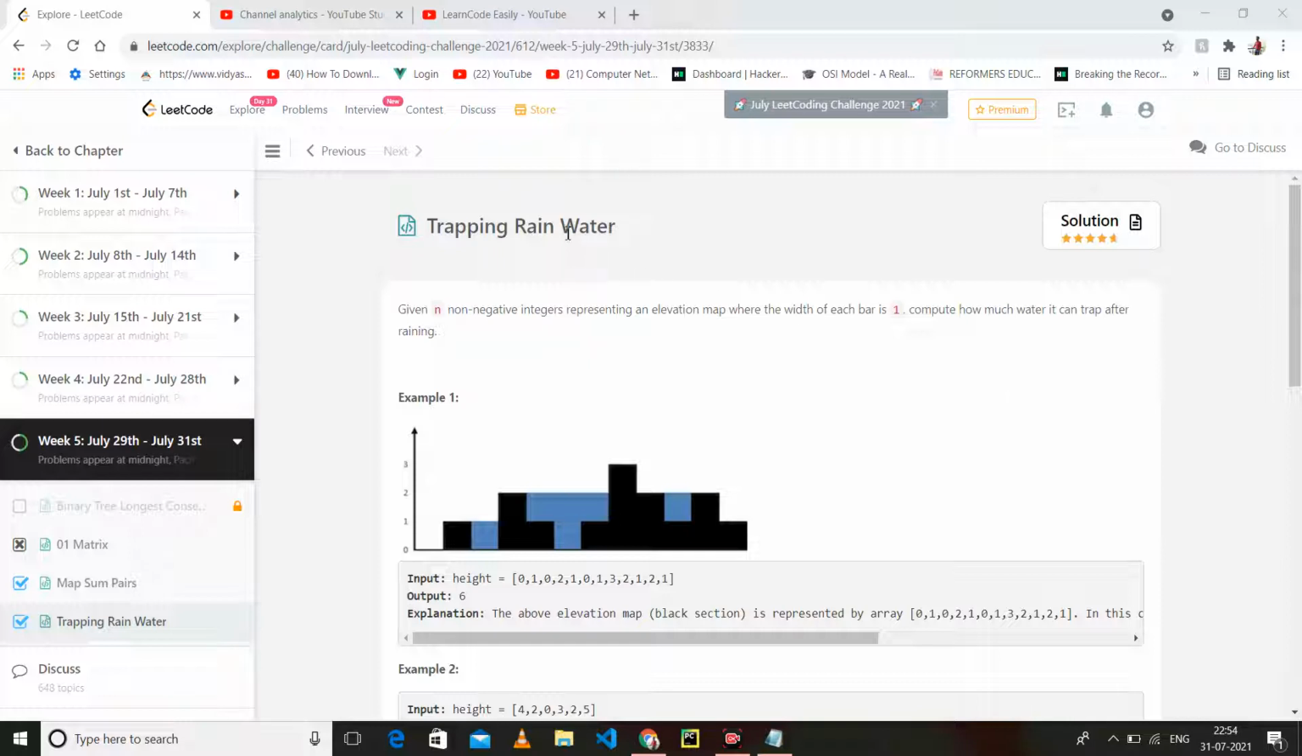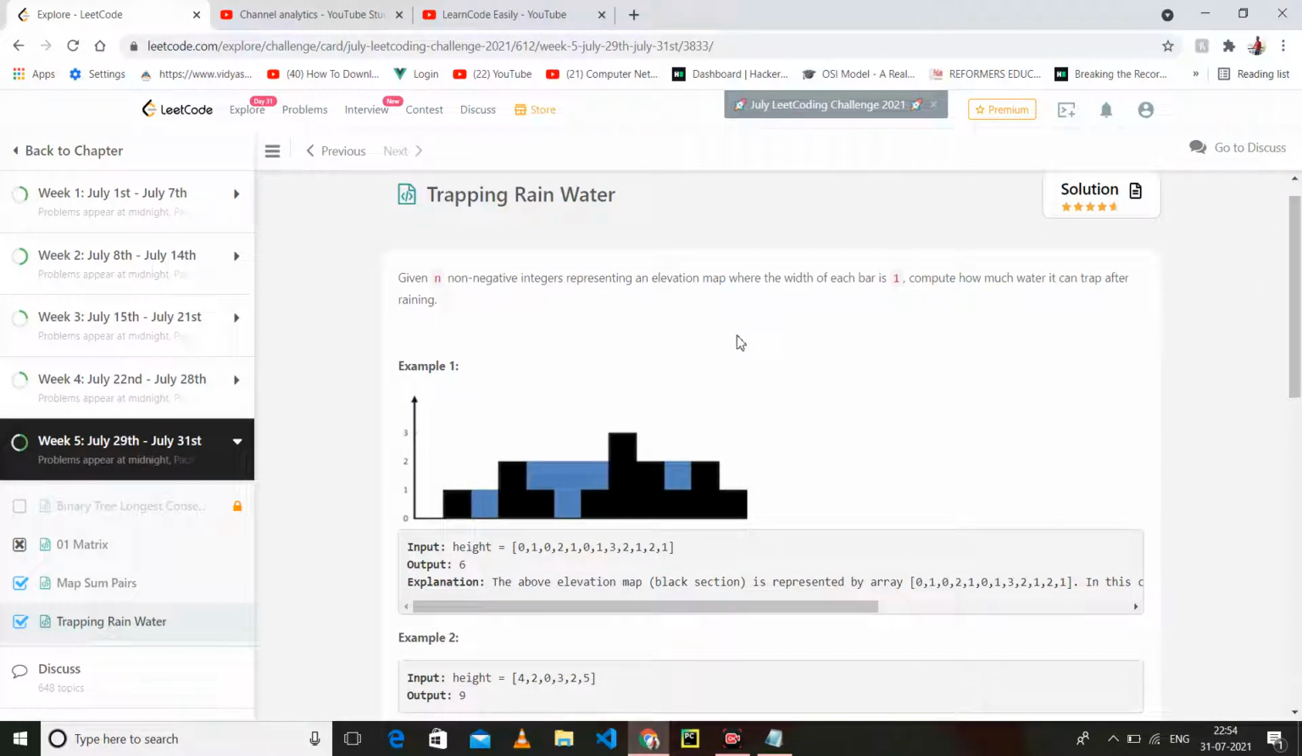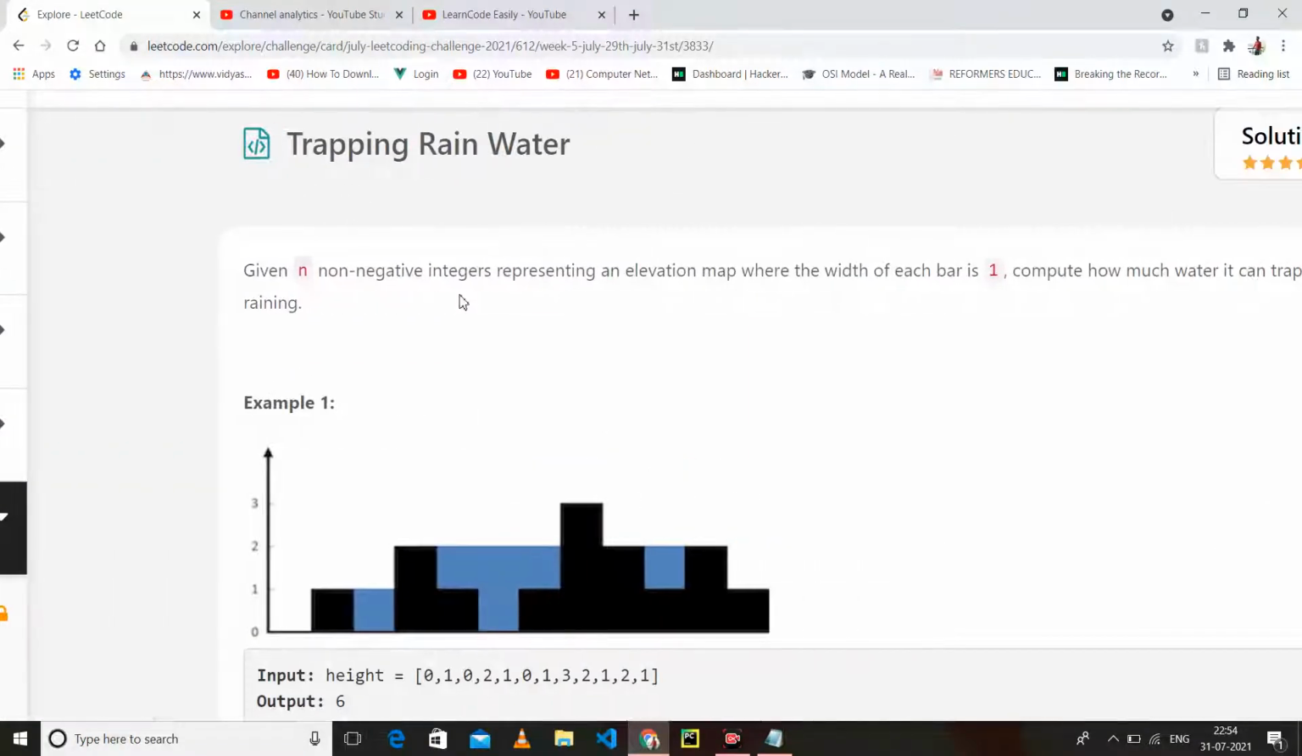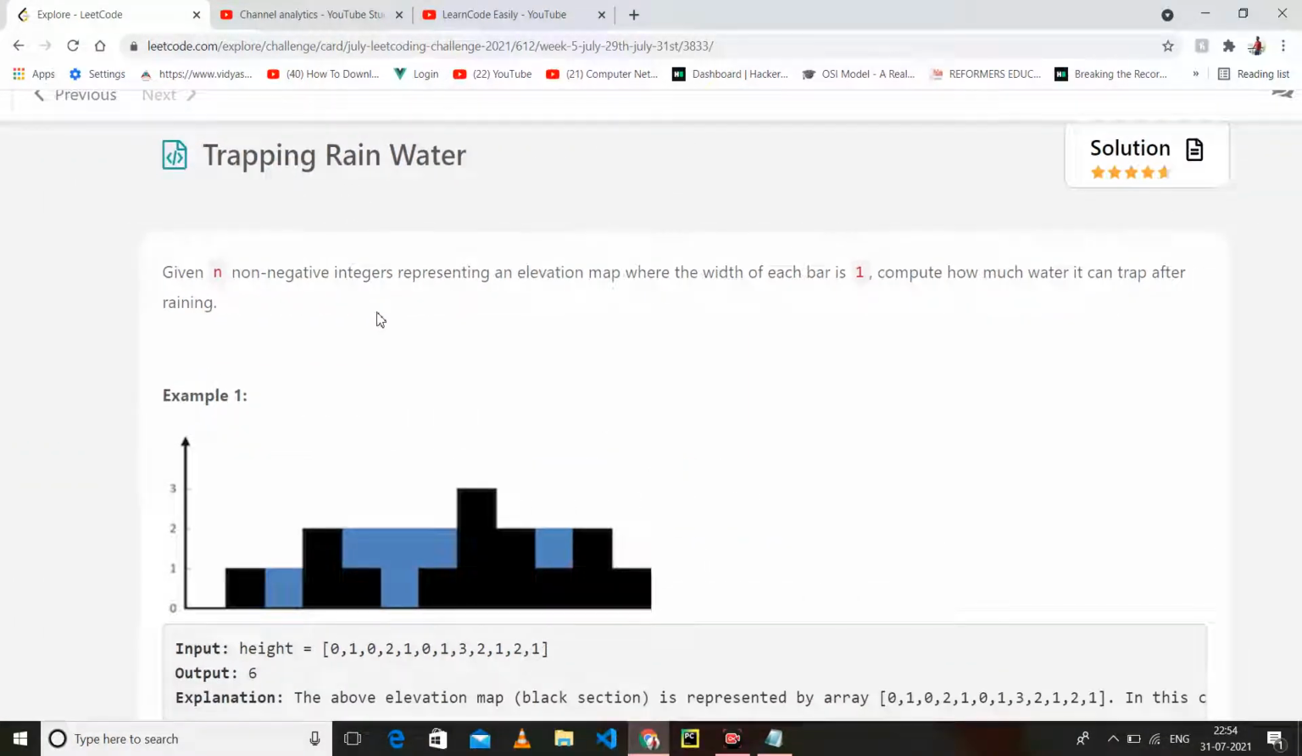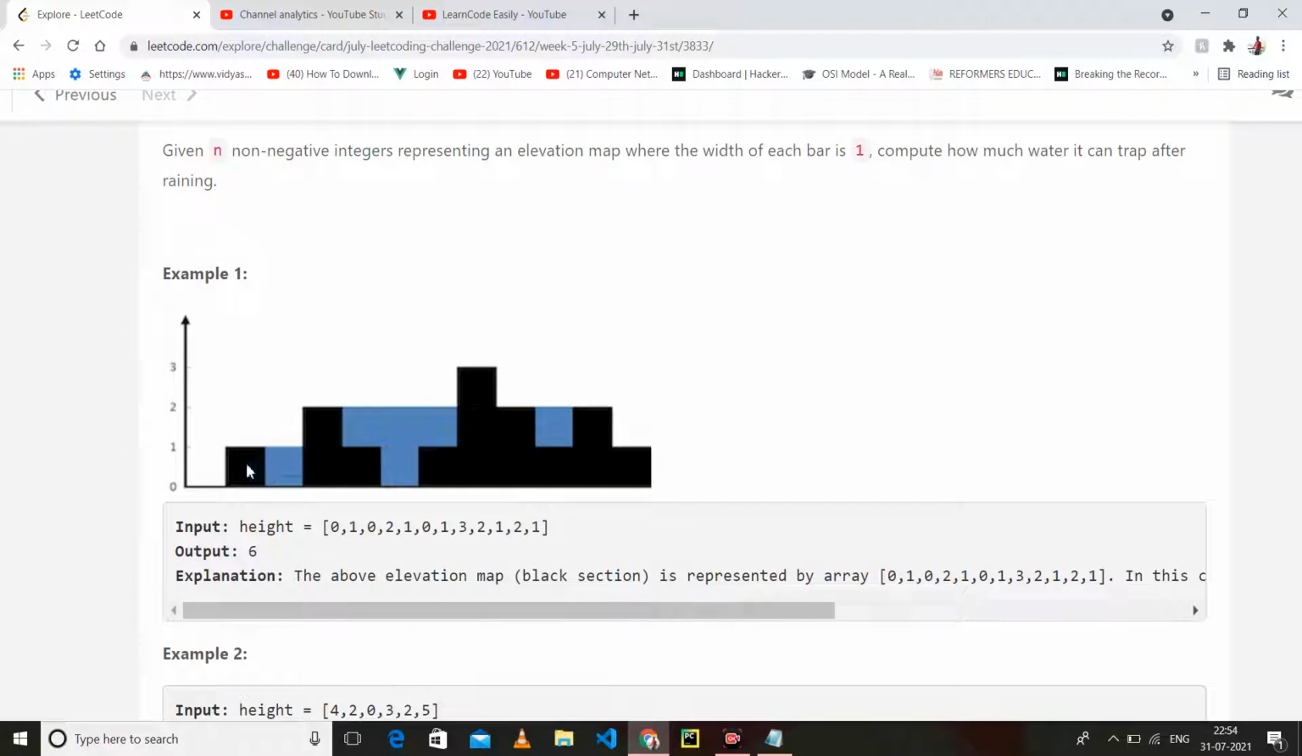So today we will do trapping rainwater. This is a hard level problem and a little bit tricky, but it is not as hard as you think. You have to find the amount of water which can be filled between these two rods,